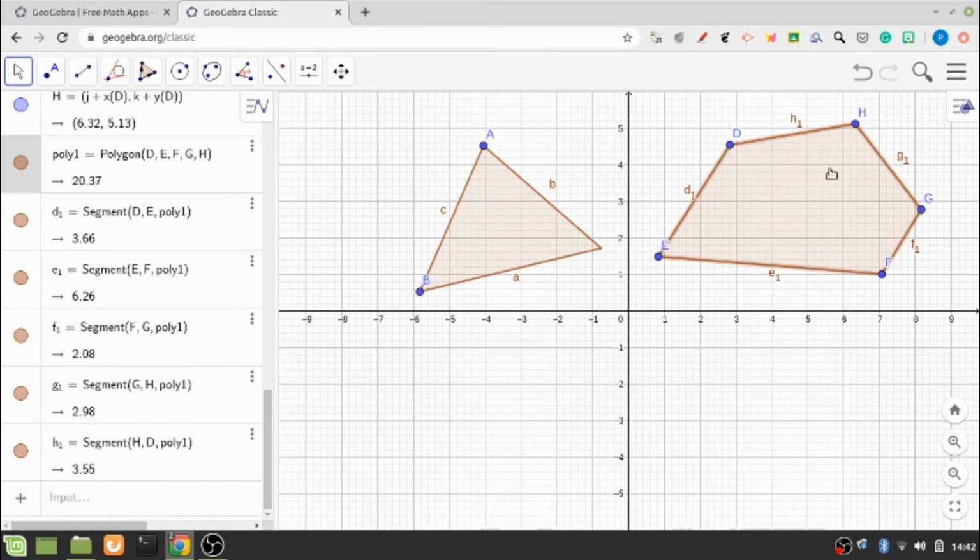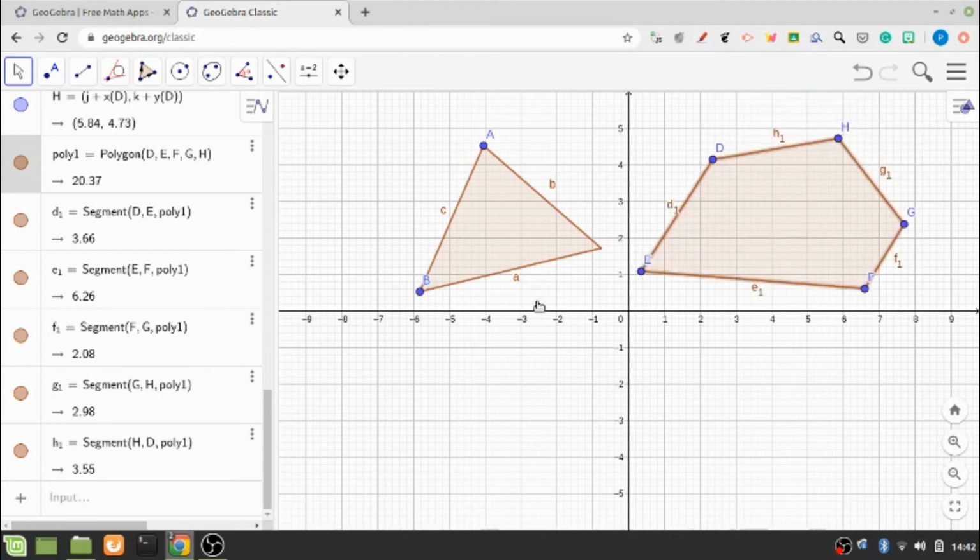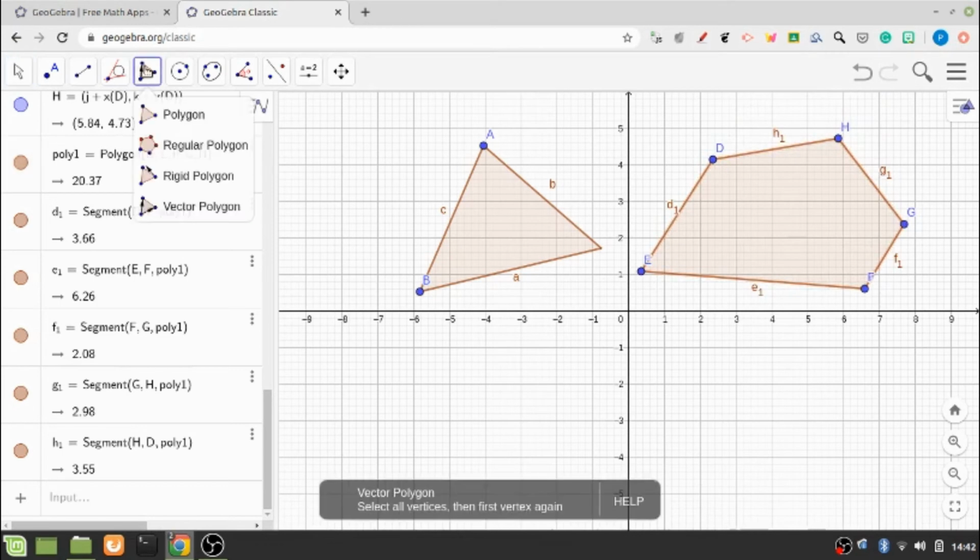But what does this vector polygon option do? Along with the creation of the polygon, that is the pentagon, it will also create the vectors for it. So the vectors called D1, E1, F1, G1 and H1 have also been generated for this particular pentagon. So this is the function of vector polygon.